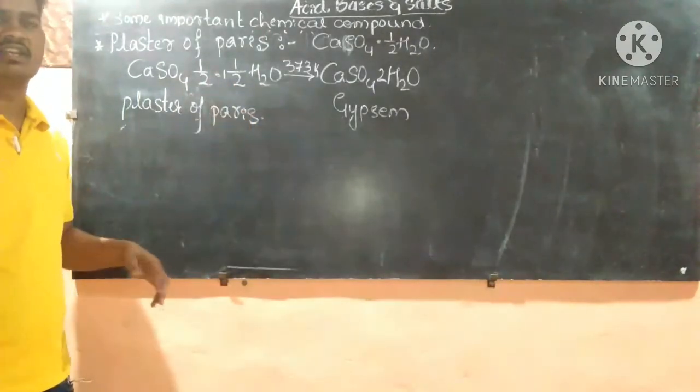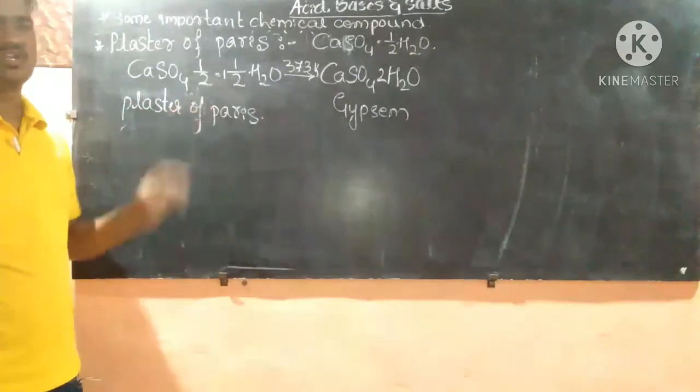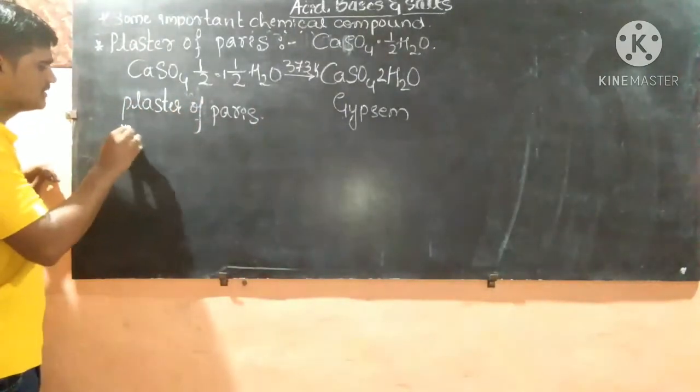This is the chemical reaction for the preparation of plaster of Paris, and uses of the plaster of Paris are